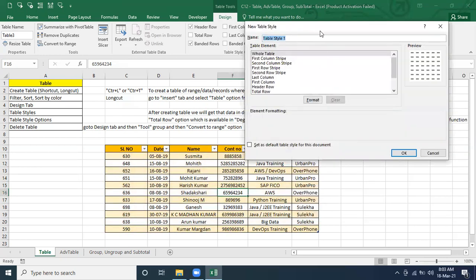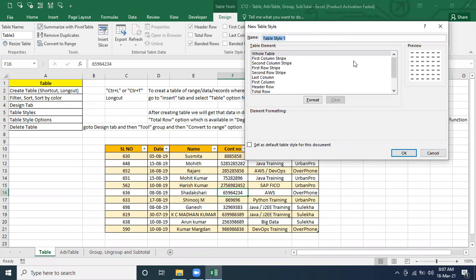So while defining your own, make sure that you define all the things that are there, and you can give the style name. Let's say you are giving the style name by the name of Saurabh. Okay. So we were talking about, let's say if you want to design your own, you have to specify each and everything here. If you are not going to specify, then it's not going to understand.